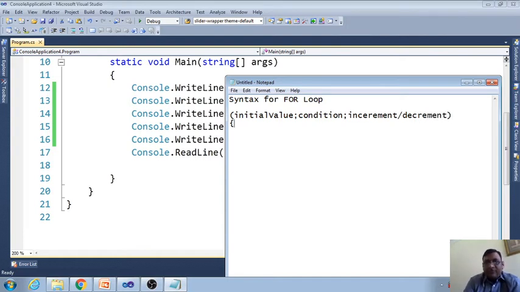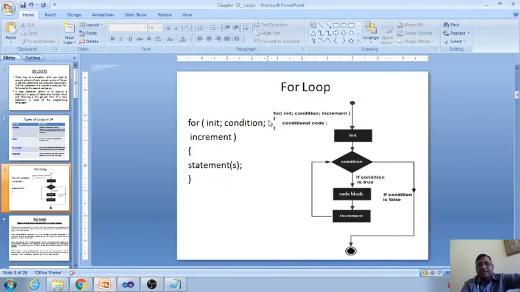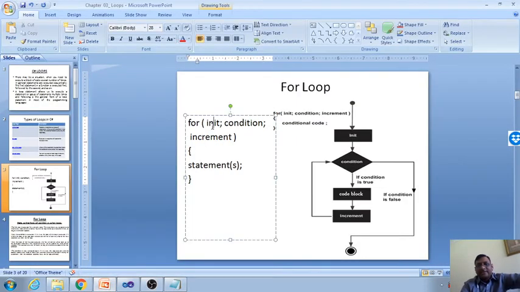We will have a start bracket; a semicolon is not available there in the for loop. Remember, we have the statements, many statements, and our loop will close. This is the syntax of the for loop. The same syntax is also written here in the chapter. You can see here: init, this is the initial value, condition, and this is the increment or decrement. And here we have the statements.